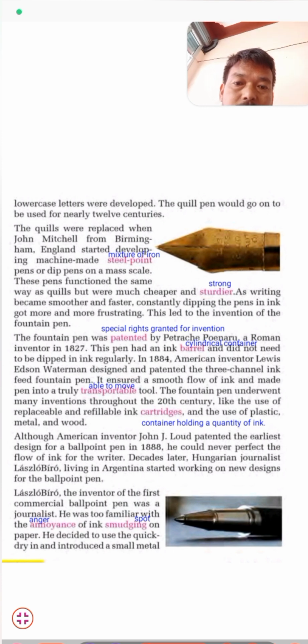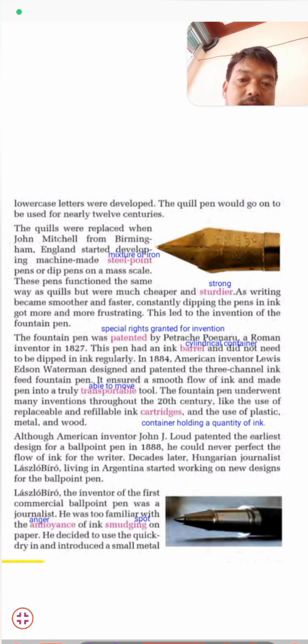American inventor John J. Loud patented the earliest design for a ball pen in 1888. He could never perfect the flow of ink for the writer. Decades later,